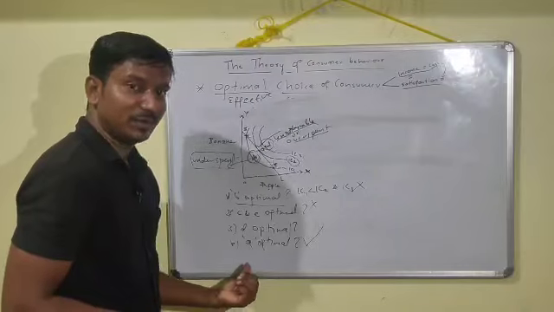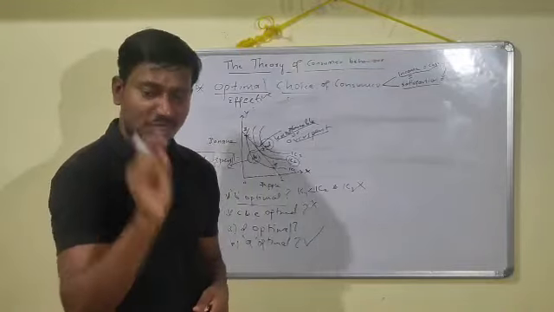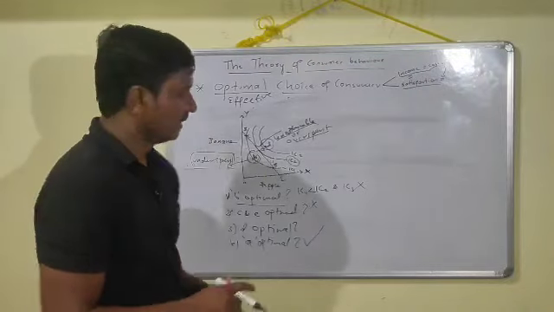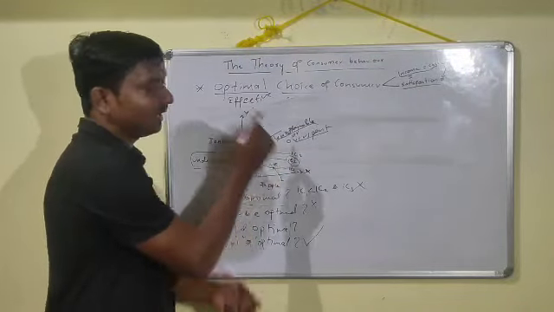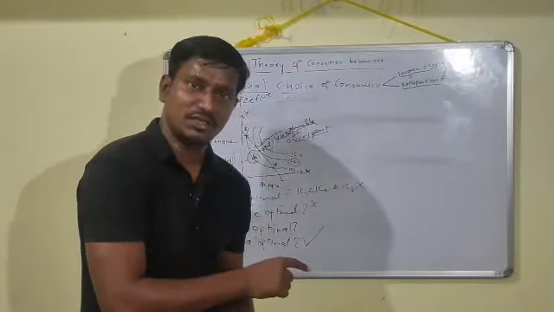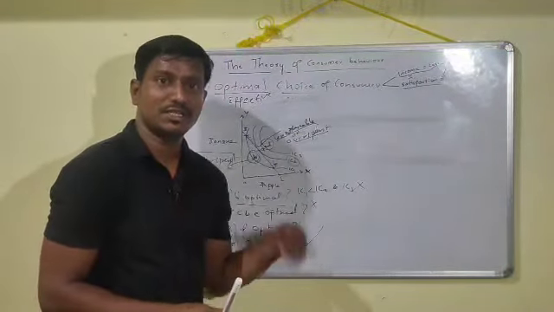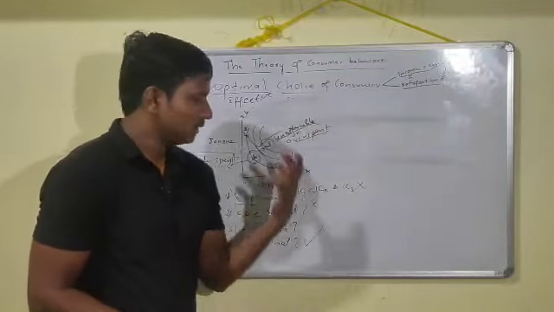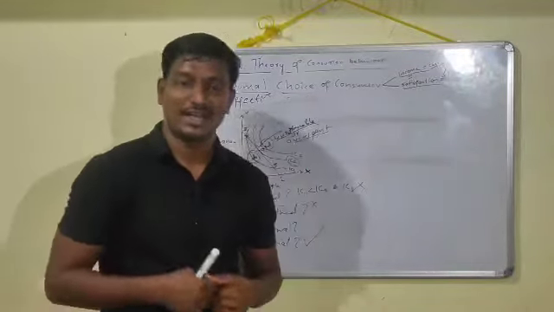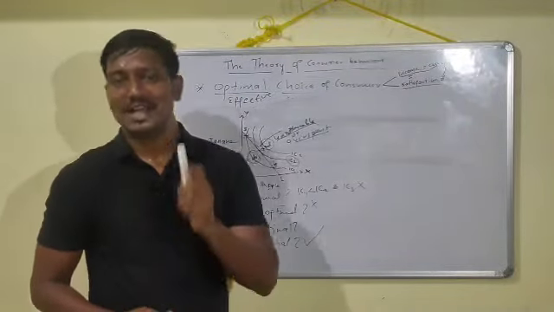So how do you consider the optimal point of the consumer here? Point A gives a higher level of satisfaction within the level of income. Because of that reason only, we are considering point A as the optimal choice of the consumer. We have rejected C, E, D and B because of 2 factors to consider in our mind. These may be within the income but not giving a higher level of satisfaction, or these may give a higher level of satisfaction but are beyond our income level. So due to these factors, we are rejecting all these points except A, where it is giving a higher level of satisfaction and where we can purchase within the level of income, and this is how we call it the optimal choice of the consumer.